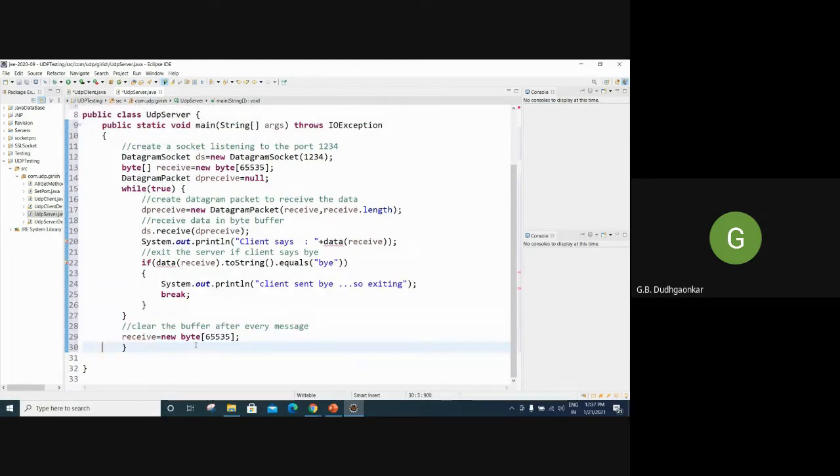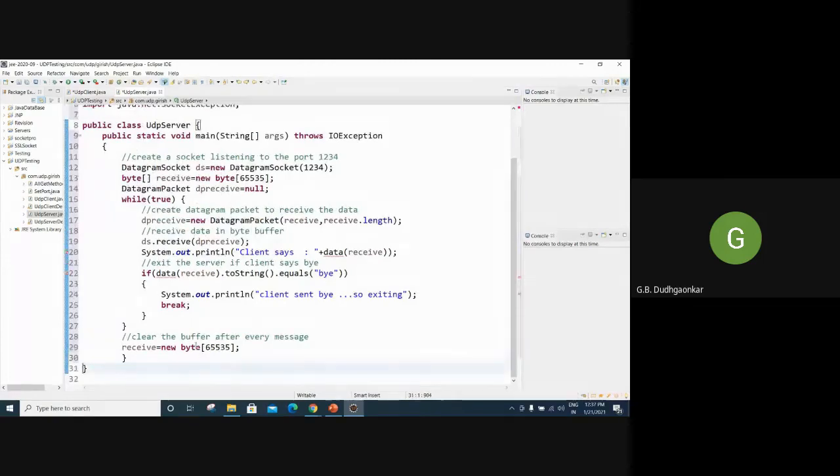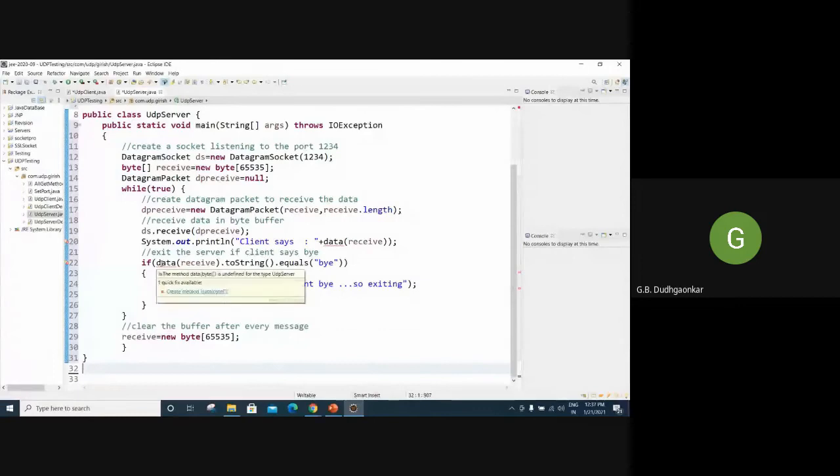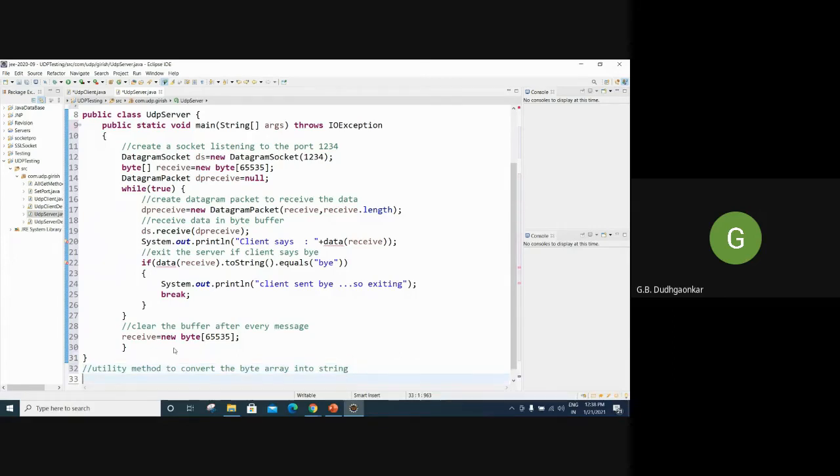Now we have to create one more class after this. Here data will be returned, but there is no corresponding class. So this is now a utility method to convert the byte array into a string.